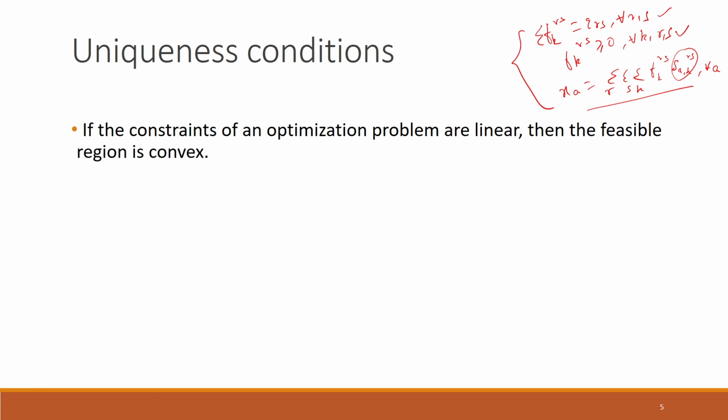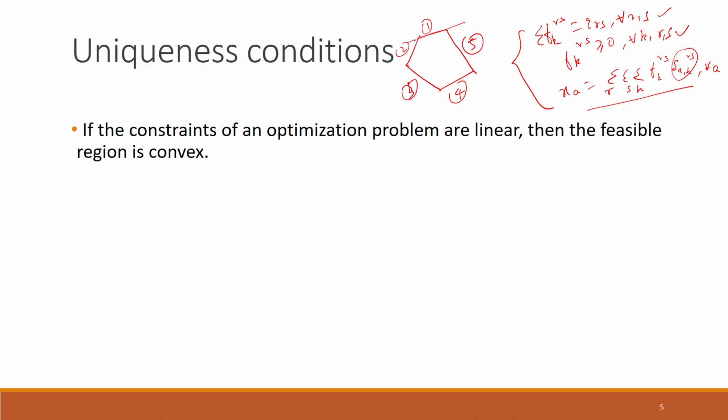So, these values are known, and that is why this last constraint is also linear. And when the constraints are linear, the feasible region is convex, because then we get something like this. An example of a region which is obtained from linear constraints can be something like this here. So, for example, this is the first constraint, this is the second constraint, this is the third constraint here, this is the fourth and fifth. So, this feasible region would be obtained from the intersection of these 5 conditions, that for example, we would